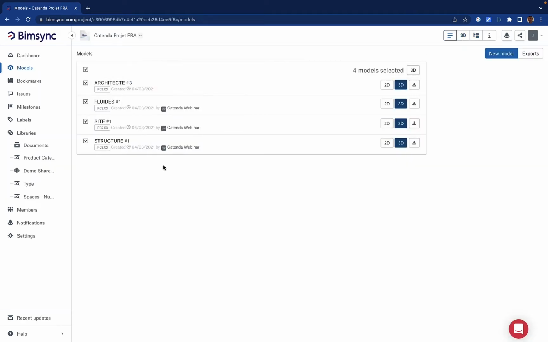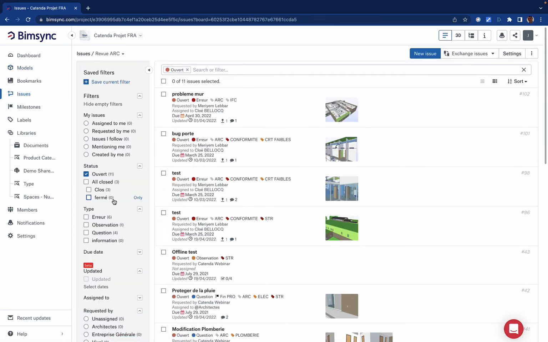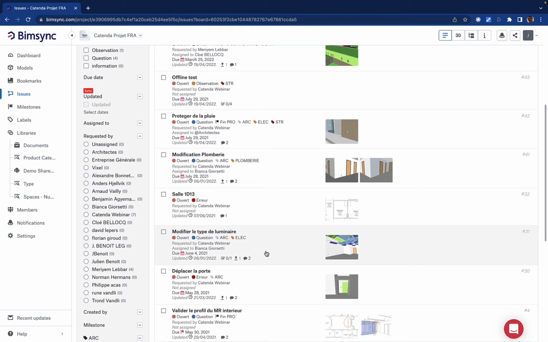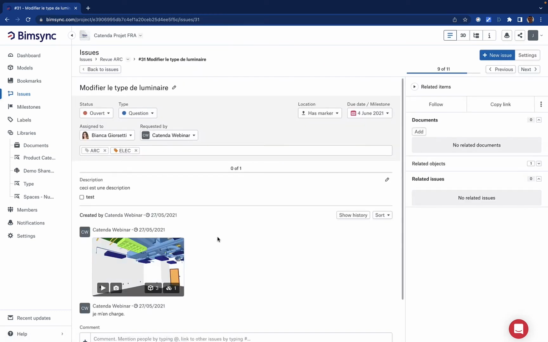The second area we can cover now is another sort of data, with a different kind of information container again: the collaboration and communication, which is also important and valuable project data. In here I will explain how to collect this, and this is done with the use of the BCF format. We call that issues inside Bimsync, and this is the place where you will collect information